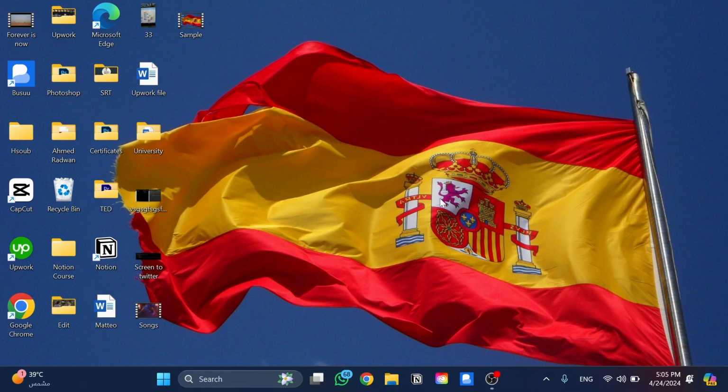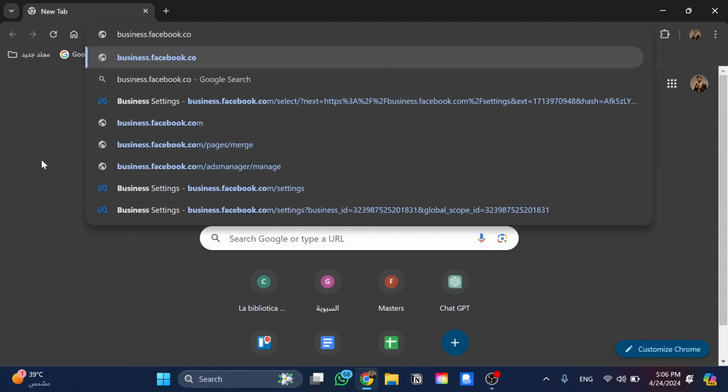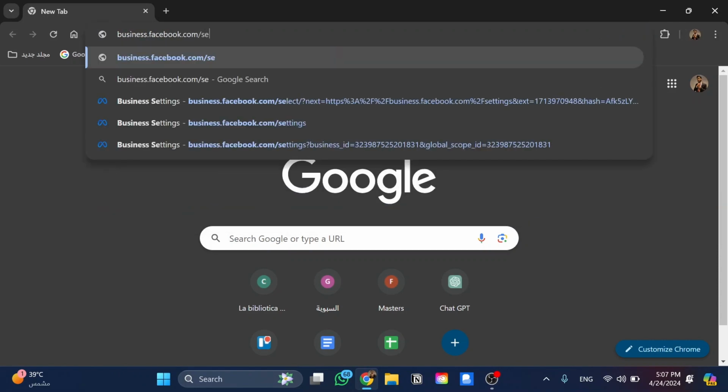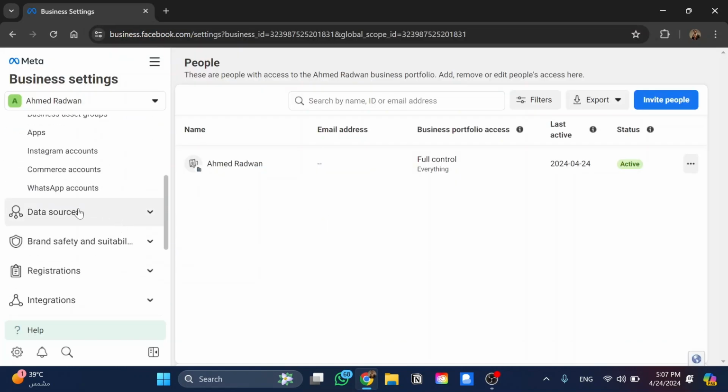So the first thing we need to do, we need to go and open a browser here. In that case it's going to be Google Chrome, and then I need to go to this link here which says business.facebook. Go to business.facebook.com/settings, and now from here go down a little bit until you can find data sources and then click on it,